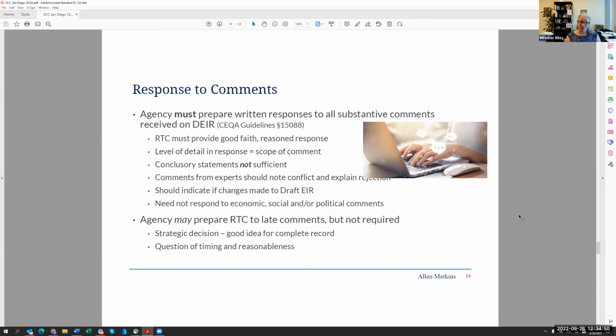By law, you don't have to respond to late comments. When the public comment period closes, the door is technically closed. Practically, you would again be a fool not to respond to those comments, if you have the time and the ability, putting a written response to the staff report or somewhere else. If your FEIR, final EIR, hasn't gone out yet, you can include it there. If it has, then you include it in an appendix to the staff report or some other document. The CEQA consultant should still continue to do their job.